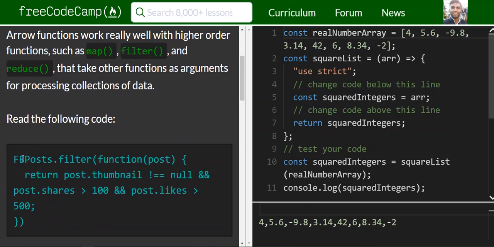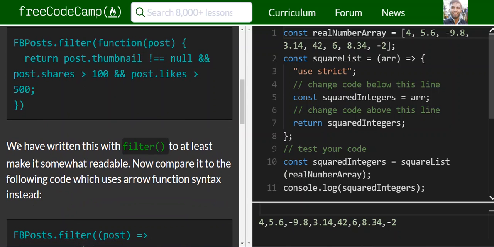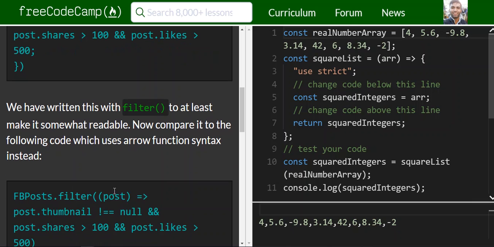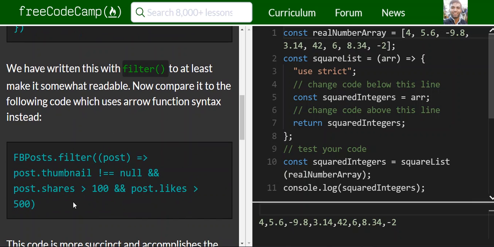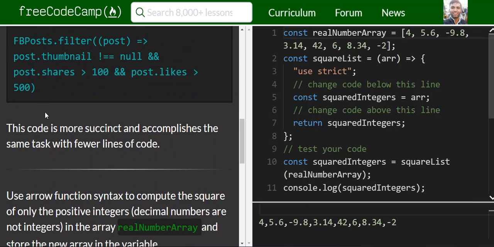Okay, it says read the following code, so filter, and then it takes another function as well in there, and we have written this with filter to at least make it somewhat readable. Now compare it to the following code, which uses arrow function syntax. Alright, this is the code. It removes the function keyword, puts a parameter, and the rest remains the same. Perfect. So now it says that this code is more succinct